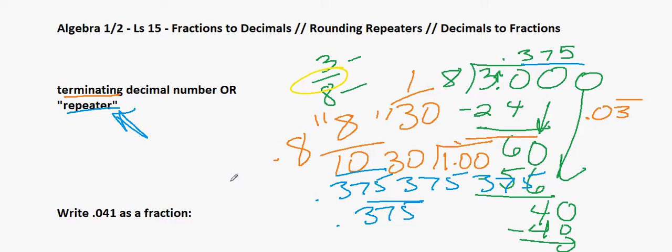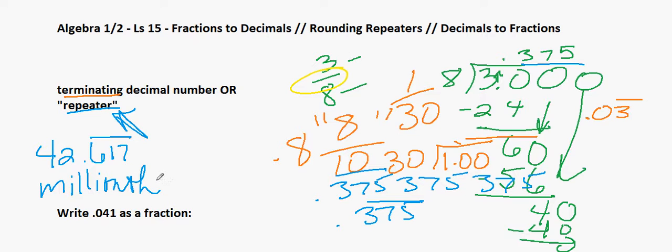To round a repeater, it's helpful to write out the repeating pattern several times so that you can for sure do it. So if it tells us to round 42.617, 617 thousandths is repeating, round it to the nearest millionth. You have to get out your place value card, find the millionth place somewhere down here, and you're going to need to write out your pattern a few times to make sure